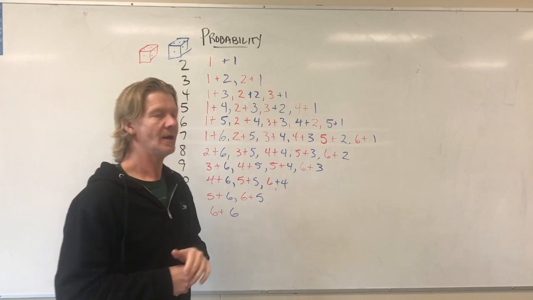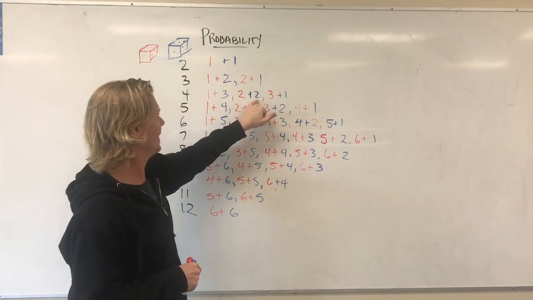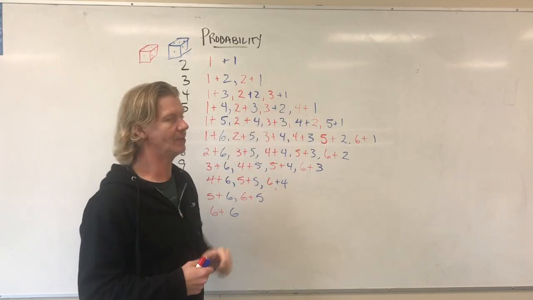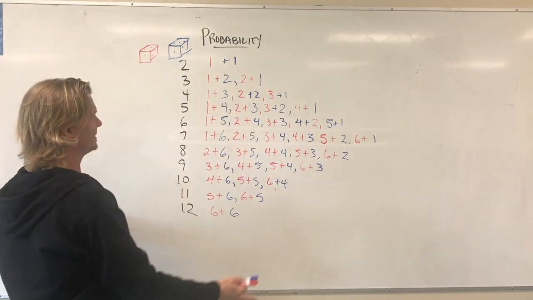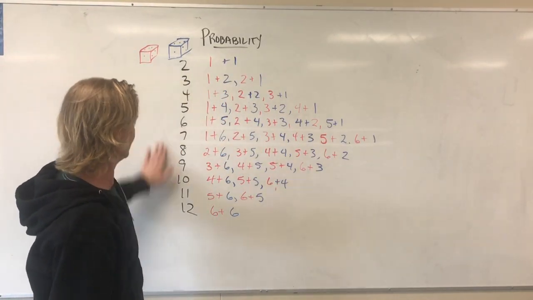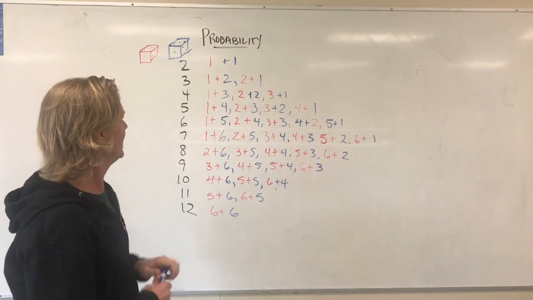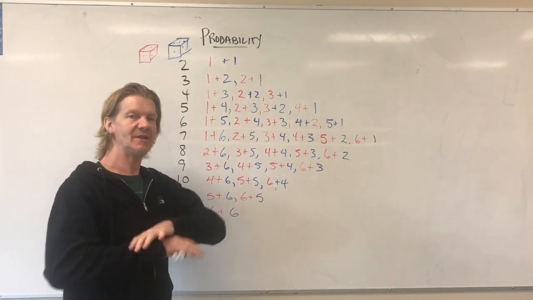To get a 4, I could have 1 on the red and 3 on the blue, or 2 on the red and 2 on the blue, or 3 on the red and 1 on the blue, okay? So there's a bunch of different ways of setting these up, and that's what this is. You can pause it and have a look at it if you like, but that's what this whole setup is, okay? So when I look at number 7, there are more ways to get a 7 than any other